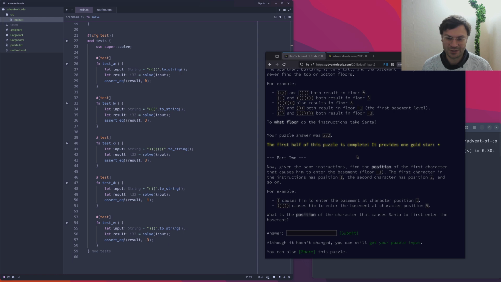The first character in the instructions has position 1, the second character has position 2, and so on. So for example, the closed parentheses there causes him to enter the basement at character position 1. Next one causes him to enter the basement at character position 3. What position does Santa enter the basement? Right,